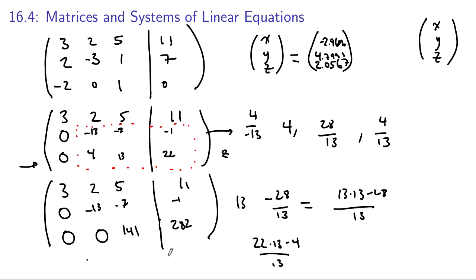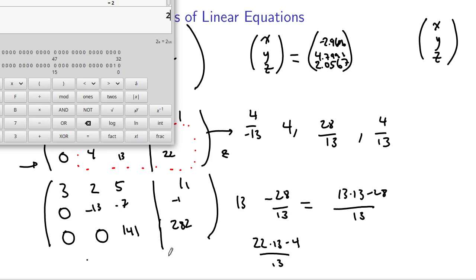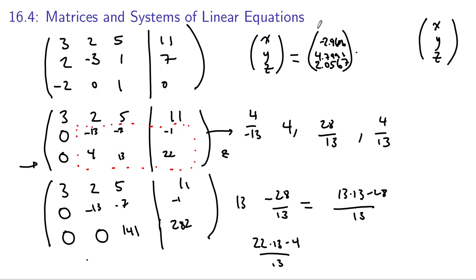And 282 over 141 is 2. So see, I did make a mistake somewhere. This was wrong. This is what my hunch was telling me, that we were slightly off. Okay, so z should be 2. When we take 141z equals 282 divided by 141, we get 2. So now that z is 2, we have